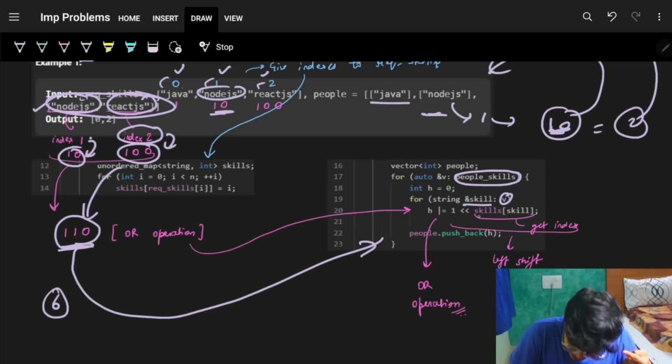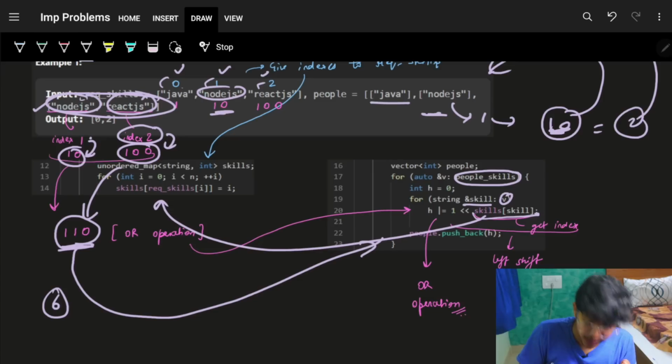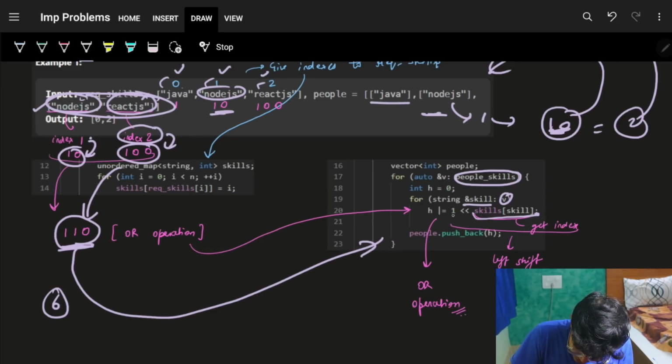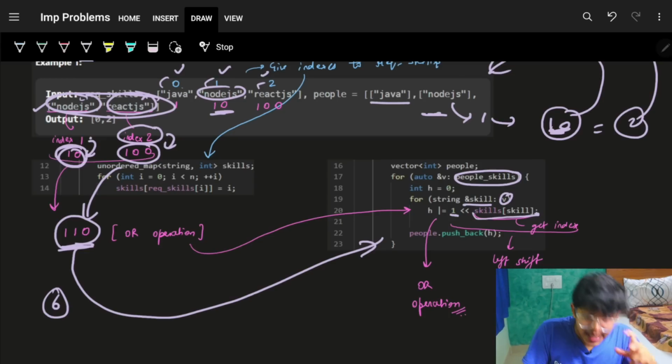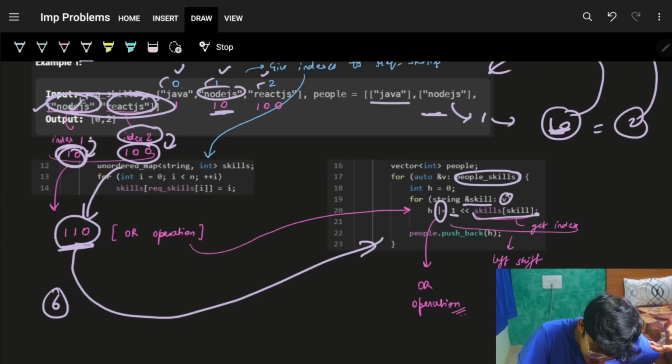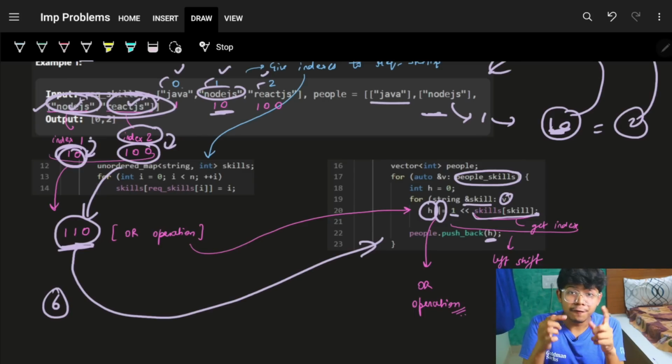You got the index by just simply going through the skills, which you put in here. Now as you have got the index, you will just left shift 1 by index times to actually get this particular mask. As you have got all the masks, just simply do an OR operation with all of such masks for that person, and to get the simple final number h,